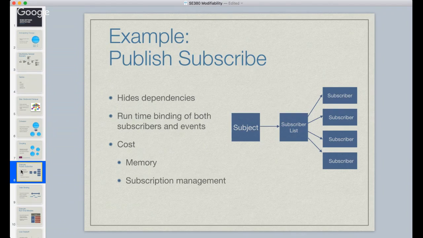I've had to build a subscriber list. I've had to use memory in order to store all the different subscribers. The subscribers have to know to go and add themselves to the subscriber list. They have to know that when they get an update event that they go back to the subject or through an intermediary to get the update in the subject. But it's very flexible. So here we see an example where there was a fairly significant cost in order to